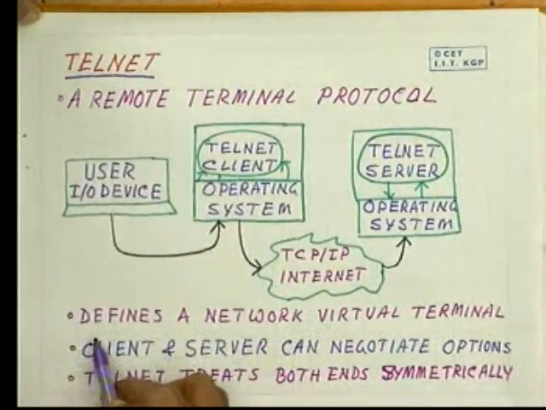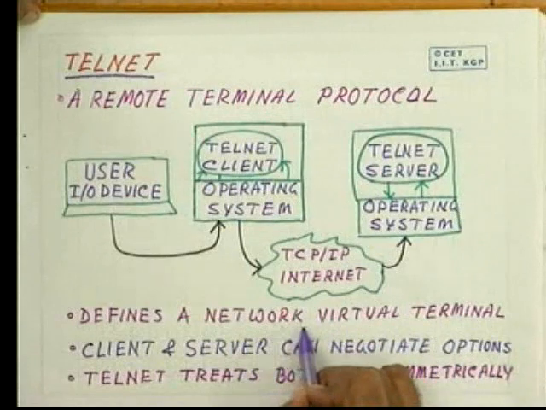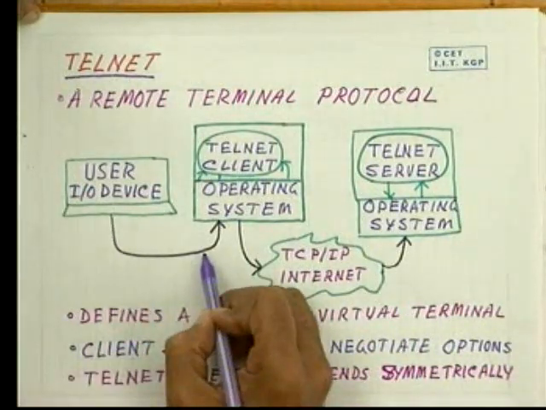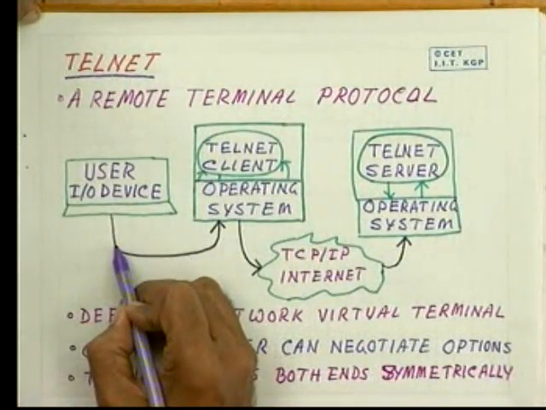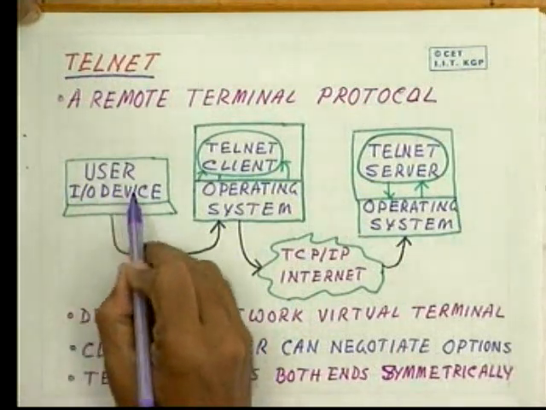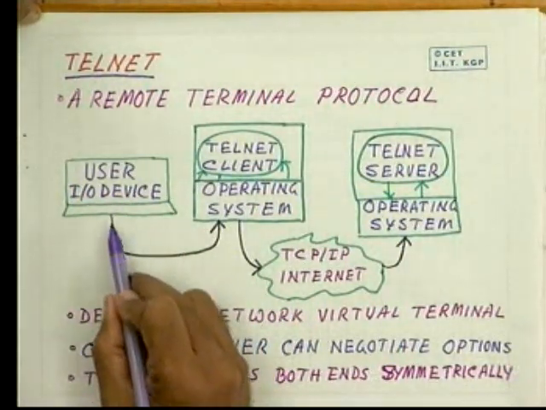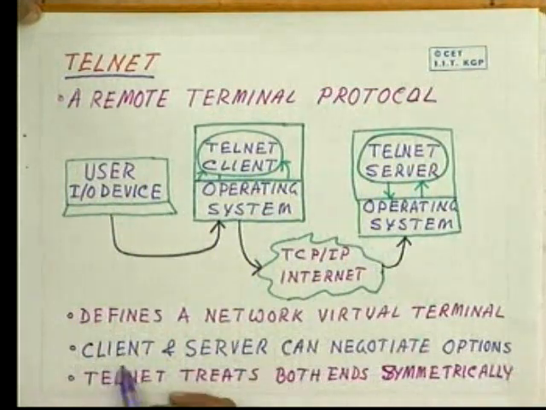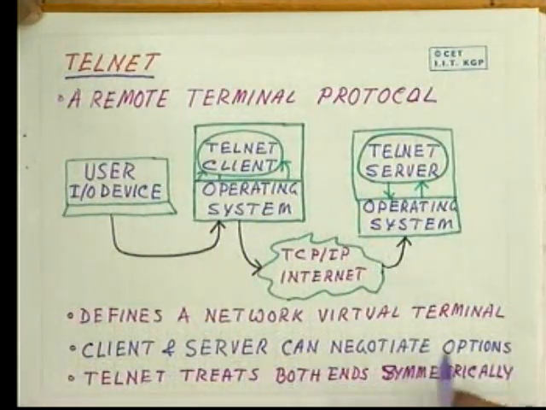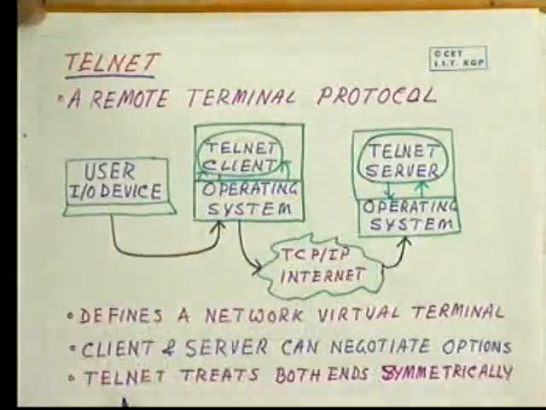And this telnet protocol defines a network virtual terminal. As I said, it is a virtual terminal. Although it is not directly connected, it functions as a virtual terminal. And once this connection is set up, the client and server can negotiate options. When a terminal is set up, there are various options, what kind of terminal it is, what kind of speed and various things. Those things can be set up by the client and server using this telnet,